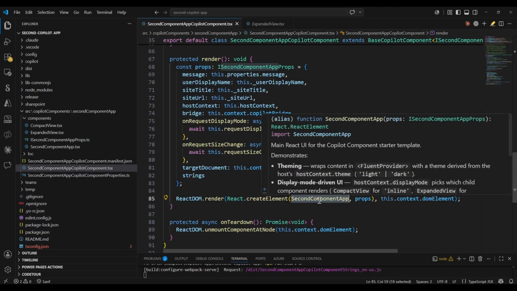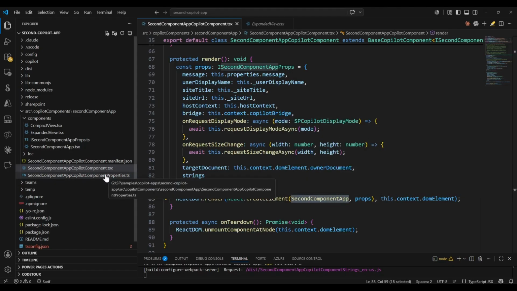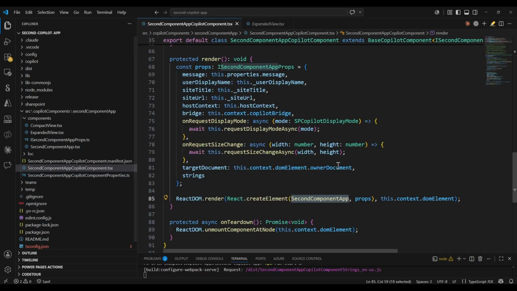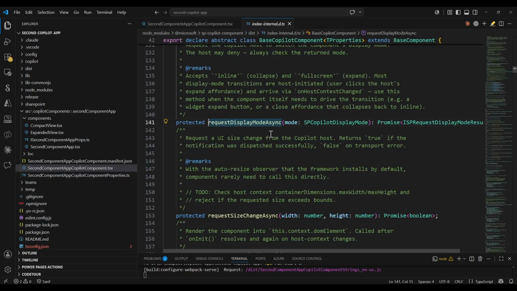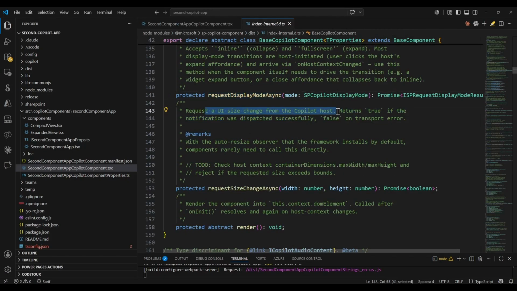And this component is the second component. So in here my component name was the second component app, to keep it very simple. And within that second component app we are passing all these properties, and if you see here, we are also passing the property as host.context, which we are going to use. Also, by default, it overrides the on request display mode when it gets changed. We are passing this as a method so that it knows it has to call this dot request display mode method, which is an implemented method which is going to request the UI size change from the Copilot host,